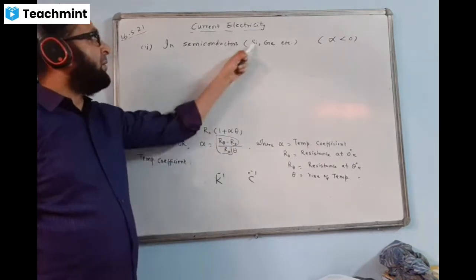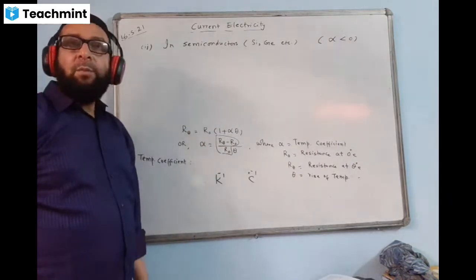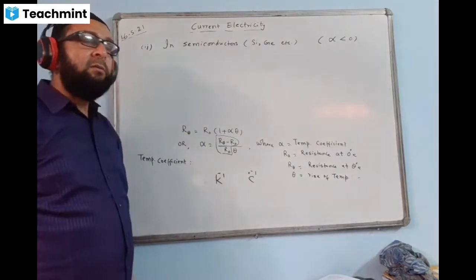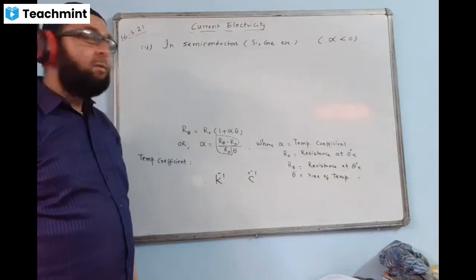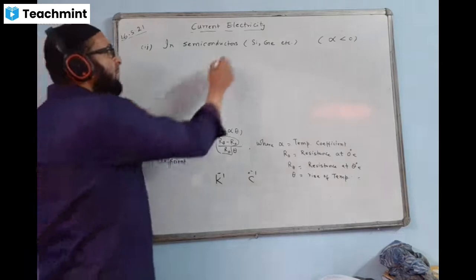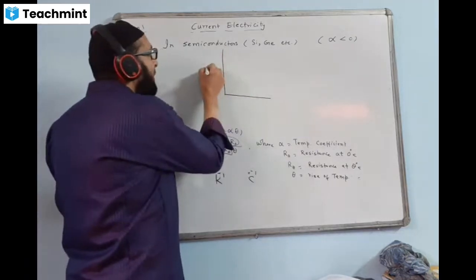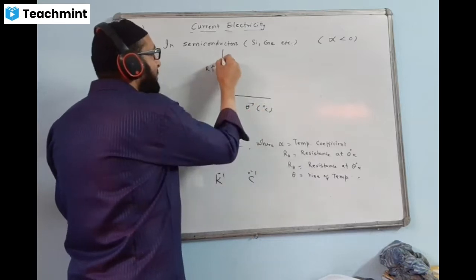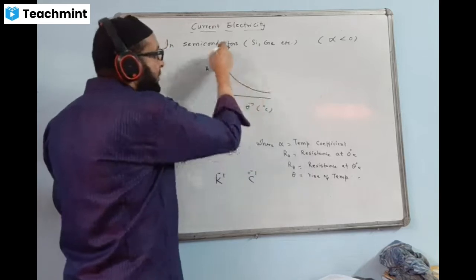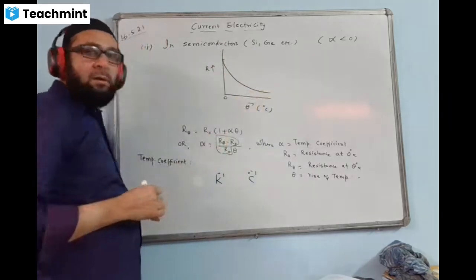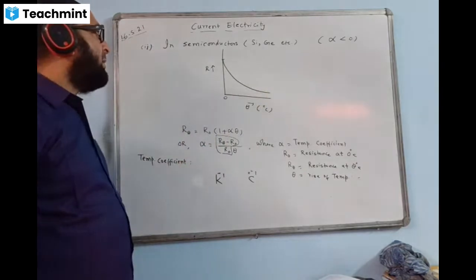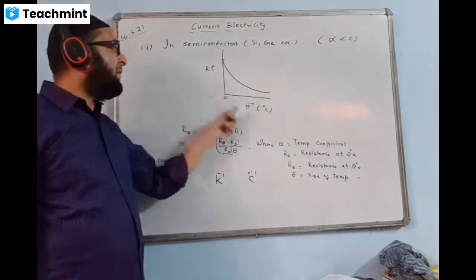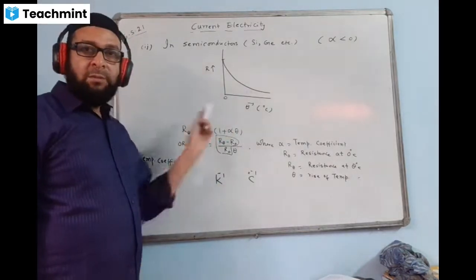When you have to think about semiconductors, you can just name silicon or germanium. Positive temperature coefficient, that is resistance increasing with the increase of temperature, that is metals. You can give an example of any metal. Okay. Now we'll see the graph. Resistance and temperature graph, R theta. This is 0 degrees Celsius. The graph will now come like this. A decreasing graph will not come as a straight line, rather it will come like this. This is how you draw the graph for semiconductors, resistance and temperature or resistivity and temperature.